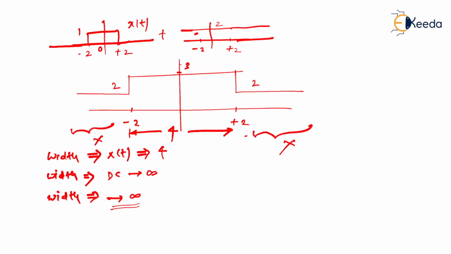Remember, the original signal has finite width, the DC signal has infinite width. When you add infinite width with finite width, of course, the answer will be a signal with infinite width, am I right? But if the internal truncation is present, you have to only consider the width of the original signal, which is x of